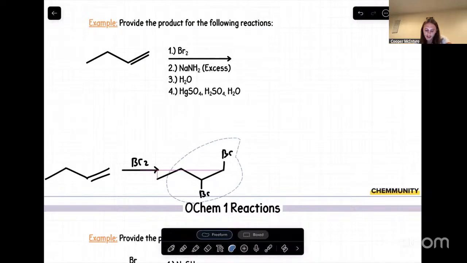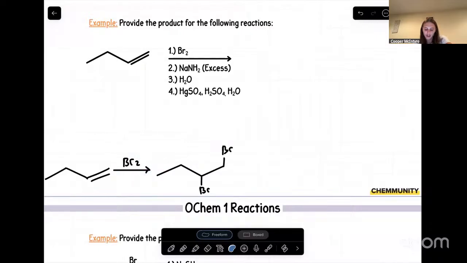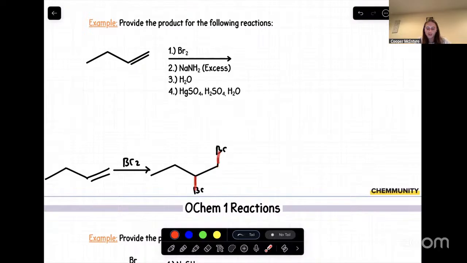Perfect. And a good thing to note, maybe when you're talking about the stereochemistry of them a little later on, is that this is an anti-addition reaction, meaning they'll be facing opposite directions. I know that this is not a chiral center, but I showcased that they're on opposite sides just so you have that fresh in your memory. But now that we have vicinal dihalides, we can look at steps 2 and 3. Since we have our super strong base, that NH2 group with the negative charge, it is in excess. Whenever we have vicinal dihalides and an excess of a super strong base, what we'll end up forming is